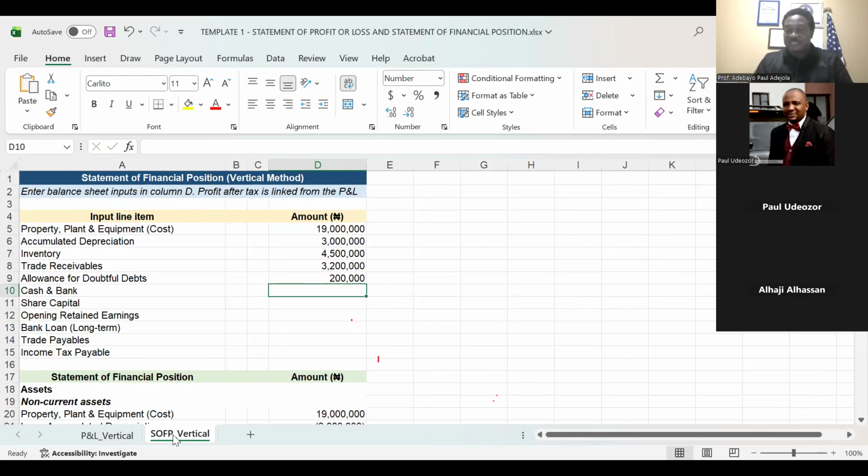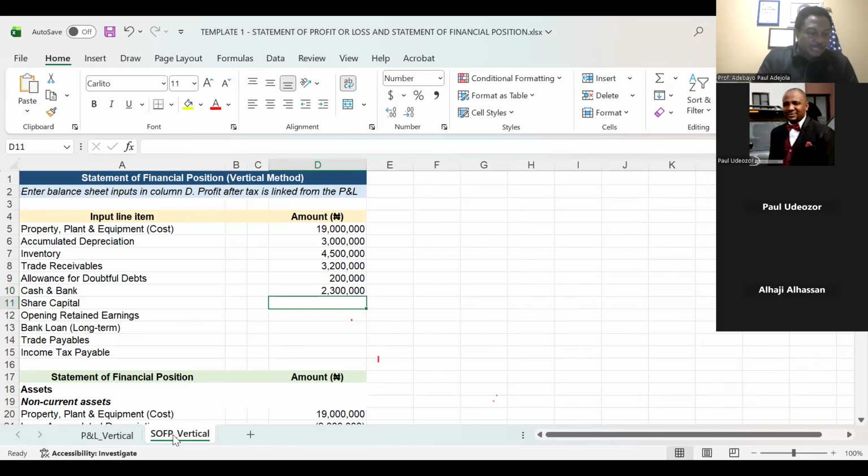Let me reemphasize that. When you are preparing final accounts, any transaction in your additional information should be subjected to the double entry principle. Which account am I debiting? Which one am I crediting? Let's see cash and bank. From our question it is